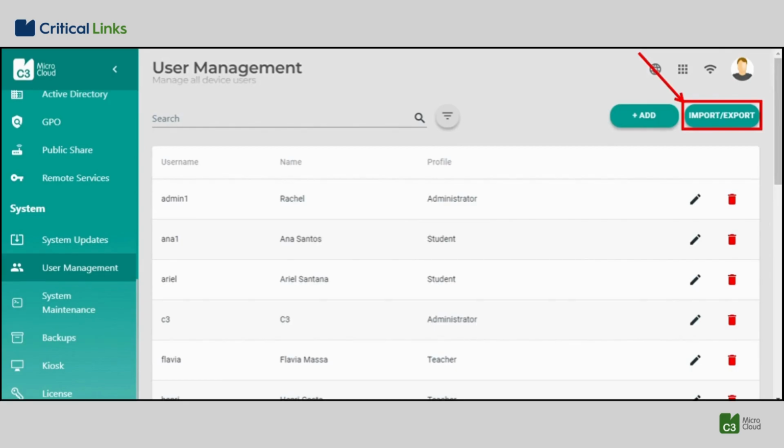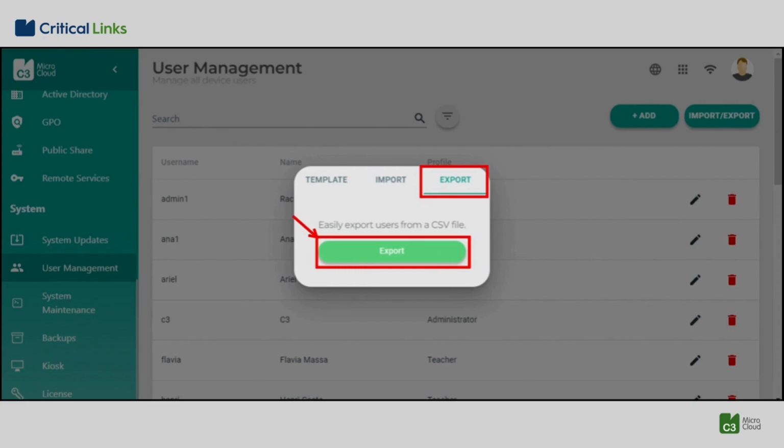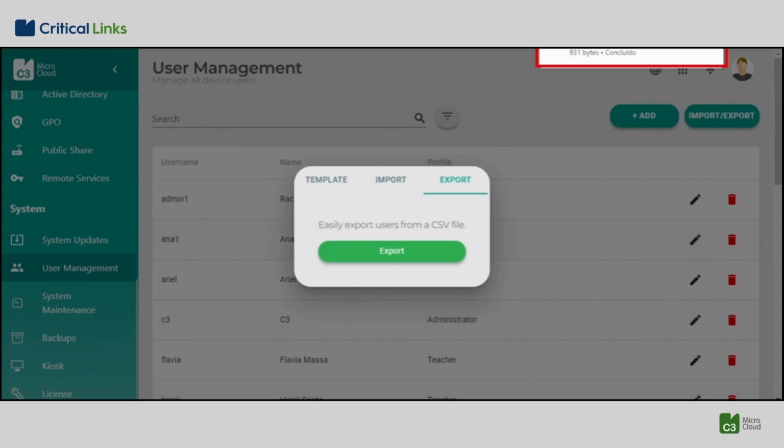As already mentioned, we also have the option of exporting the data, i.e., for all the users registered in your C3 microcloud, you can generate an Excel spreadsheet in CSV format with all this data. Just click on the Export button, and this spreadsheet will be automatically generated. And here is the spreadsheet that was automatically generated by your